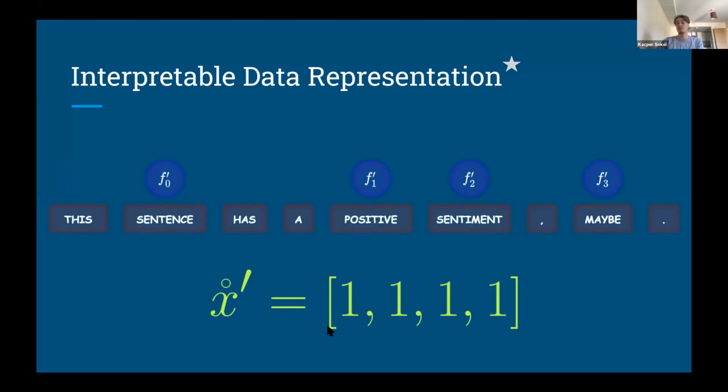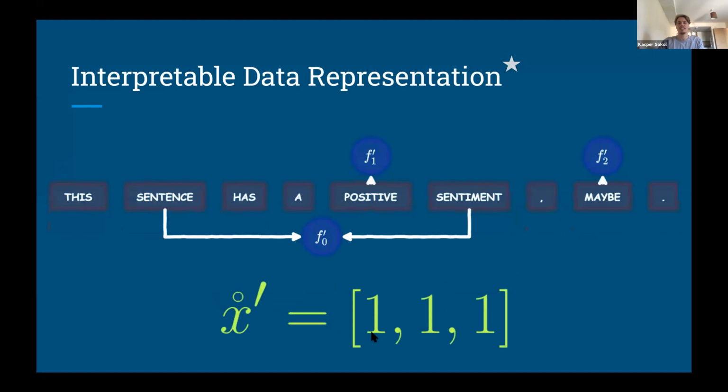And then you also reduce the size of your interpretable data representation, which is good for the explainee because you do not overwhelm him or her. But we can take it a step further. So you may say, well, I may want something more complex, in which case this is obviously possible. You can merge different words if they make semantic sense to people. So in this case, I represent both these words, sentence and sentiment, as a single token in the interpretable data